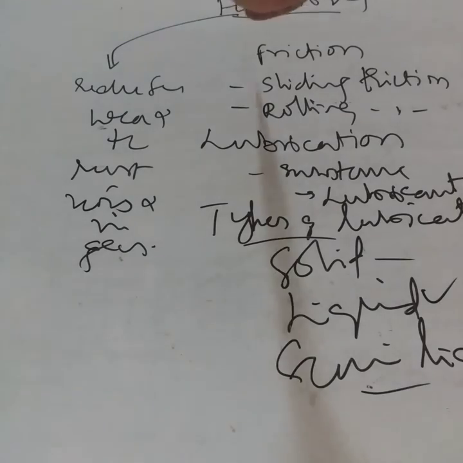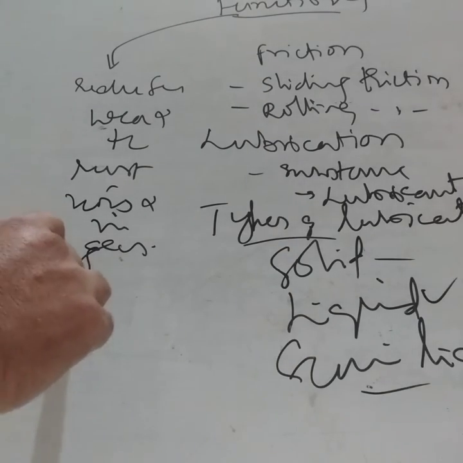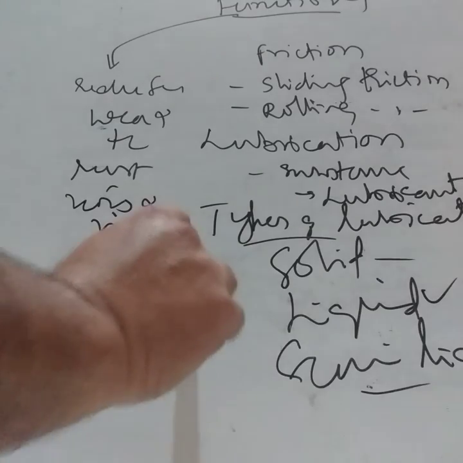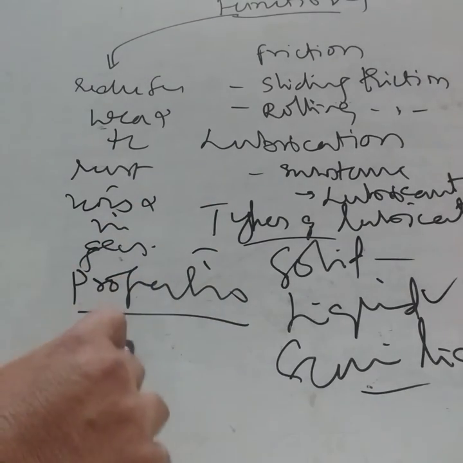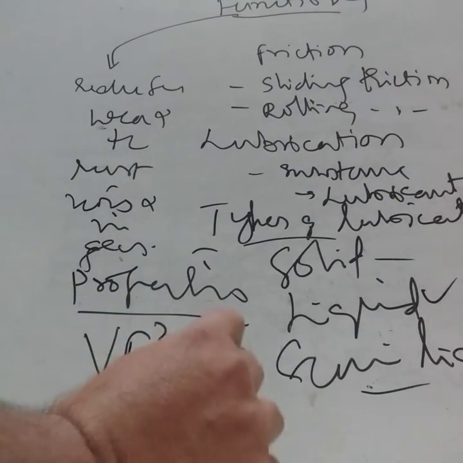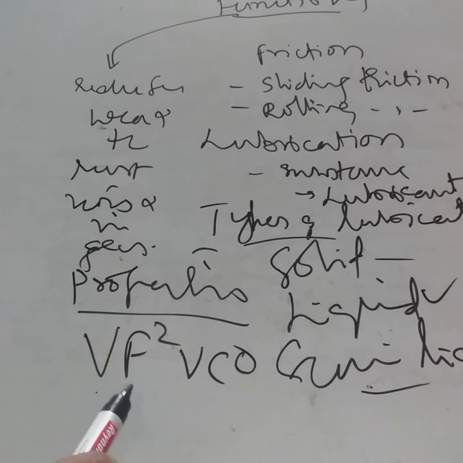So these are all functions. Then we learnt about the properties of lubricant. So what are the properties? Vf square, VCO, that is viscosity, flash point, fire point, then we have volatility, carbon residue,